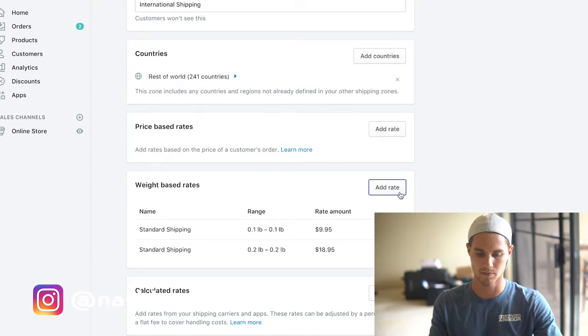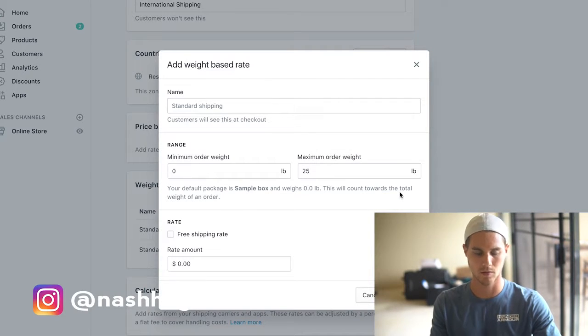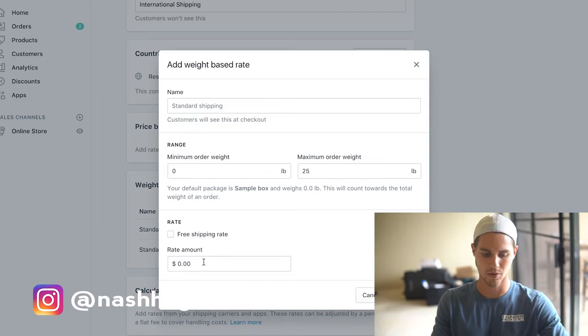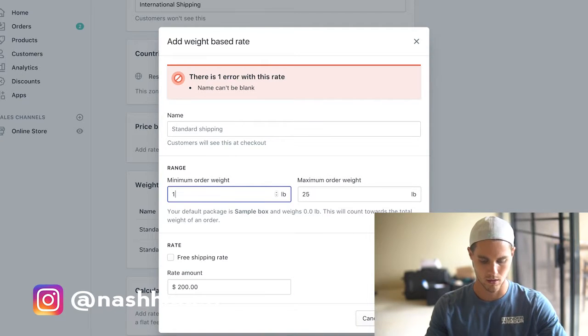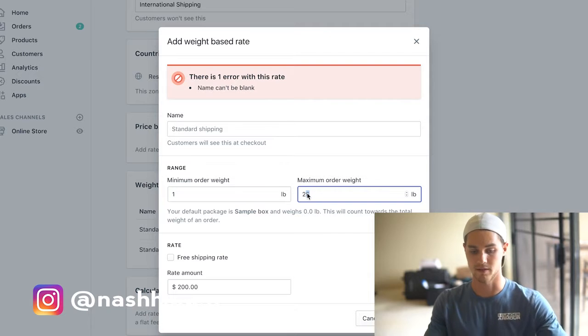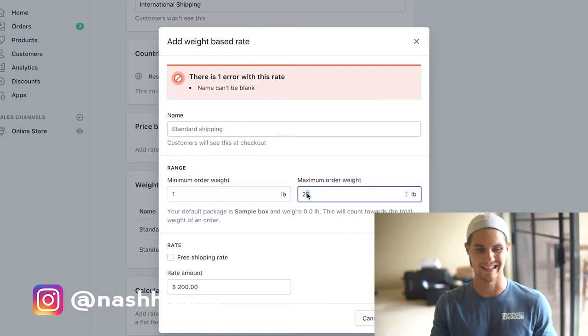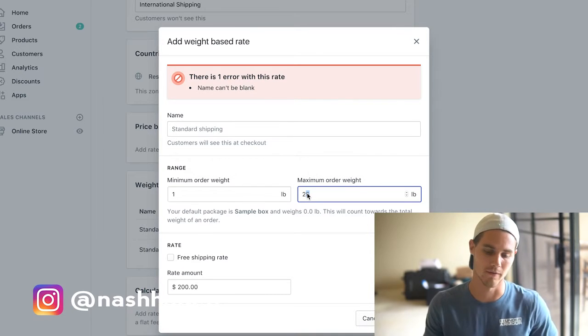0.9. Once you get to 1 pound, usually what that means is somebody's ordering 10 free plus shipping offers, right? And if they're ordering 10, at that point, I like to just make it kind of ridiculous. So I'll just make it like $200 shipping or something. If it's 1 pound to like 25 pounds. Because if it's 25 pounds, that means they're ordering like 250, and chances are no one's ordering 250, so you'll